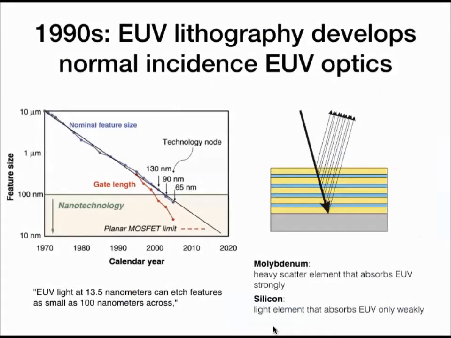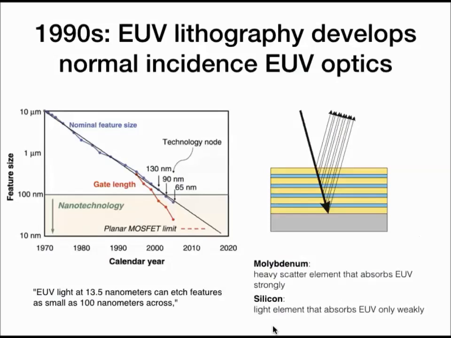But there is where a new technology changed the game. In the business of the chip industry, they had to go to smaller and smaller etching of the microchips. And in the late 80s, early 90s, they were reaching the nano regime, where they needed to etch features smaller than 100 nanometers. And to do that, they could not do that with visible or UV that they had been using before, but they needed EUV to etch that precisely. And of course, to etch that precisely, you also need optics for that, and so there was a lot of effort spent into